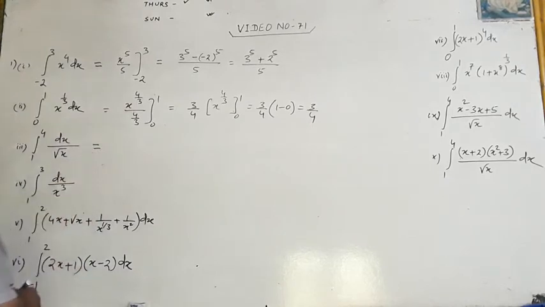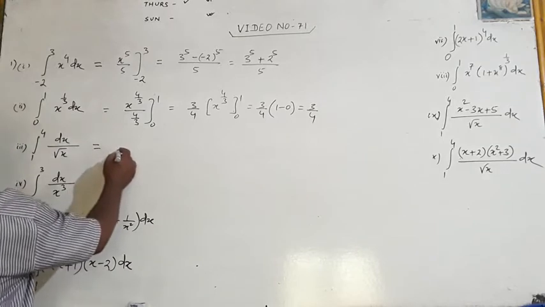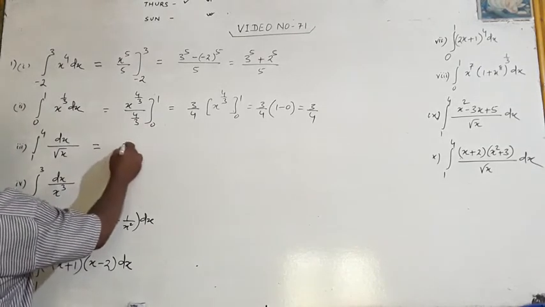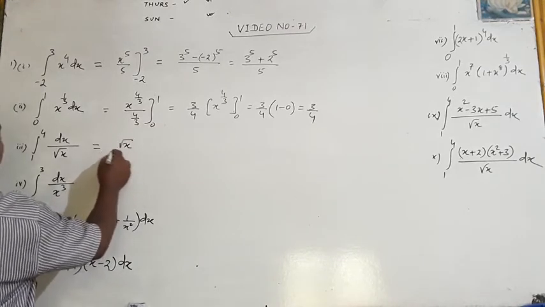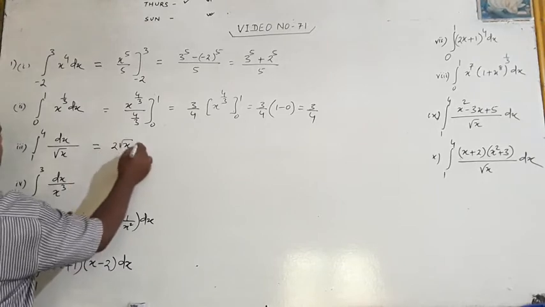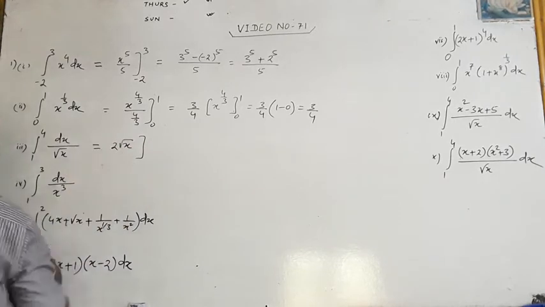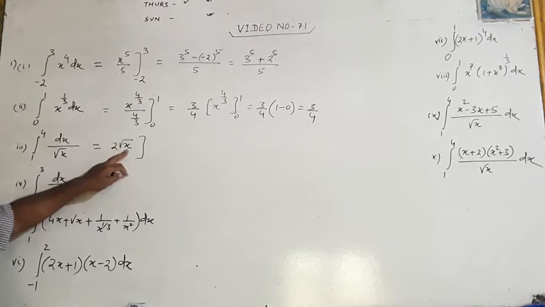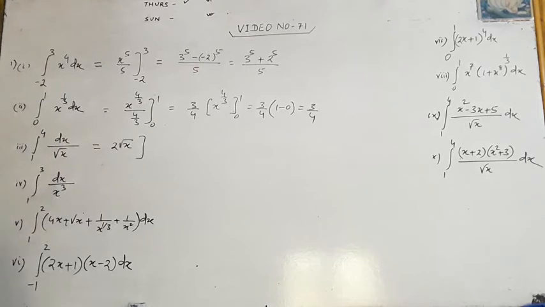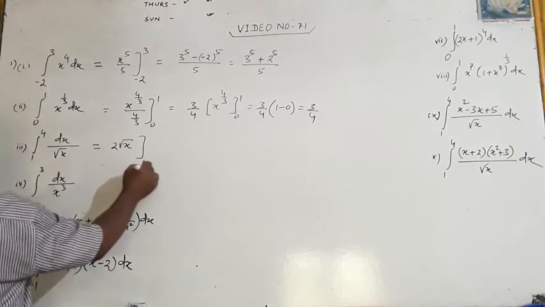Similarly, it is x to the power minus half. Its integration is x to the power minus half plus 1, that is root x, divided by minus half plus 1, that is 2 root x. There is another method, because the derivative of 2 root x is also 1 by root x, because the derivative of 2 root x is 1 by 2 root x, times 2, so it becomes 1 by root x. So you can also do it by taking x to the power minus half. The limits are 1 to 4.